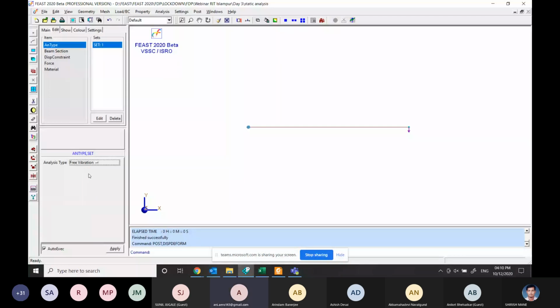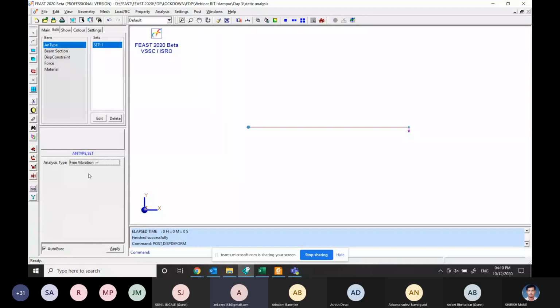So we have to go step by step, only then we'll get the results. Otherwise, the software is a garbage in, garbage out process, so it will give any output. First of all, for performing this kind of analysis, that is transient vibrations, we'll perform the static analysis to get the static deflection.